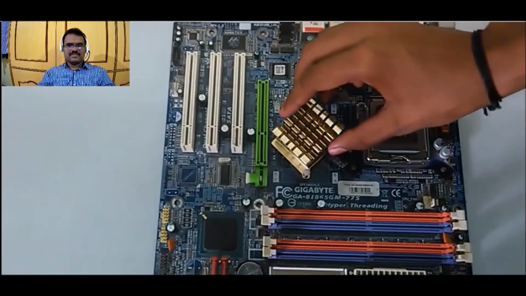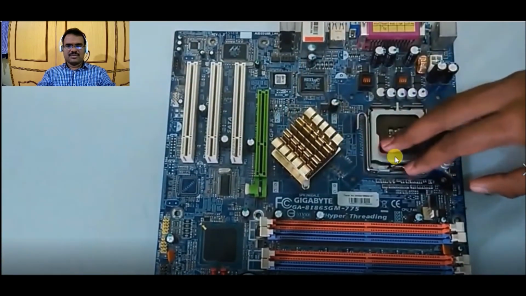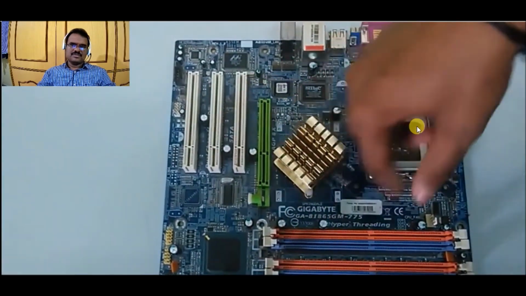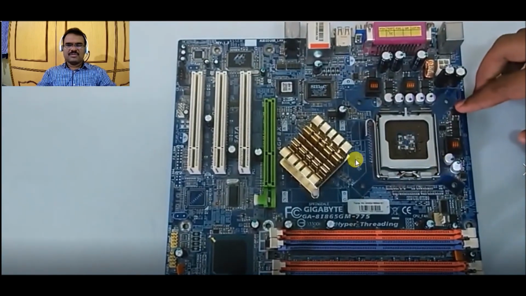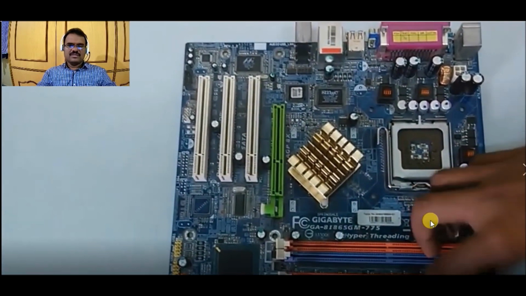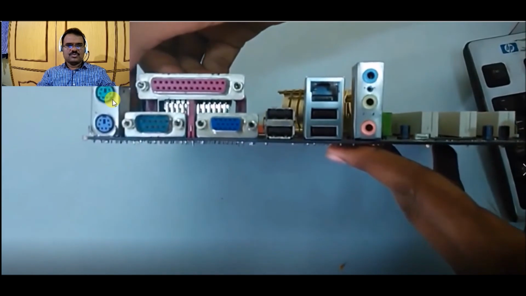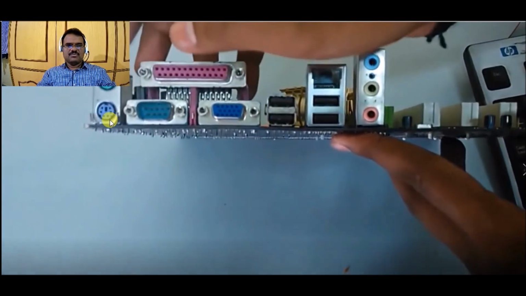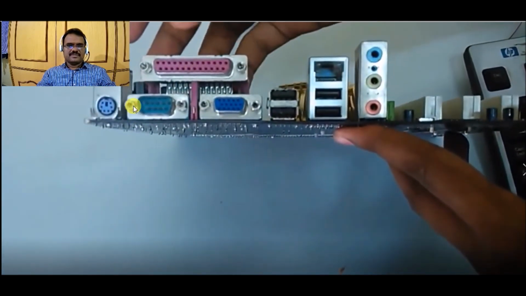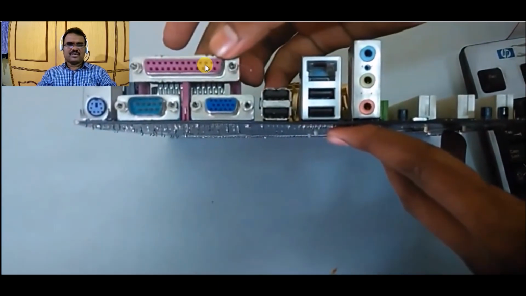So starting from this, there are different motherboard components on the motherboard. In this motherboard there are different components available, so we will see what these components are. First we will start from the back panel. These are called PS2 mouse and PS2 keyboard connectors, and this one is the parallel port connector used for connecting